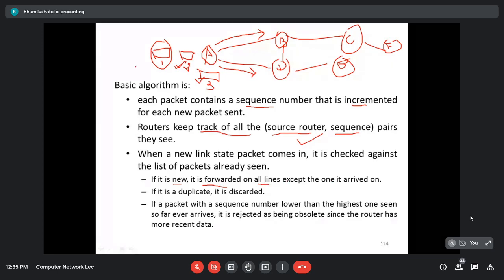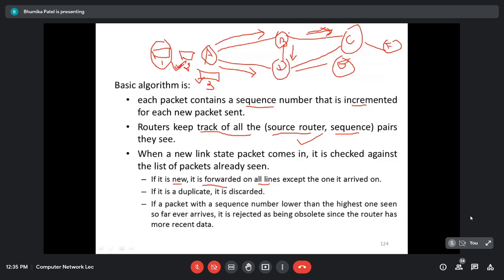So what will B do? It would have sent the first packet to C and D, right? Packet number 1 would have been sent to its neighbors C and D. Now for example, the second packet is arriving from A to D. Just let me draw one more line like this. Here the second packet is forwarded to all the lines except the one it arrived from.